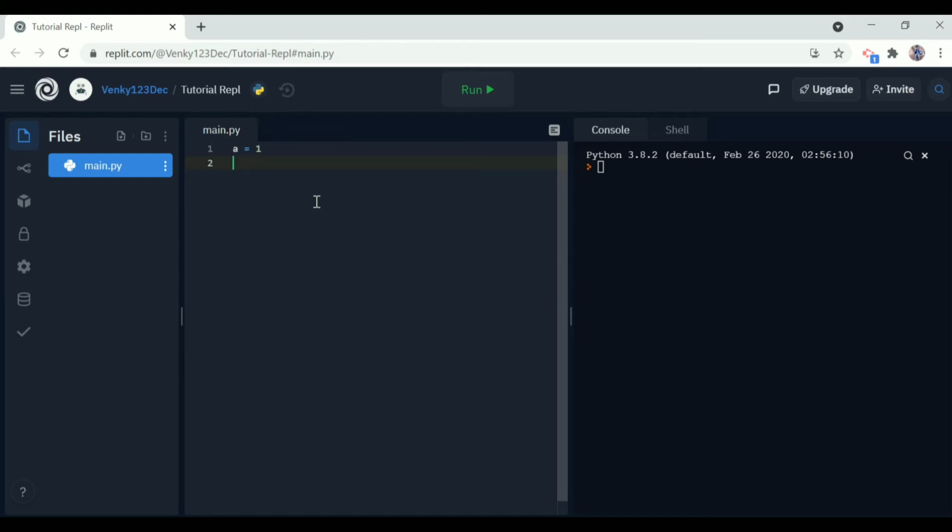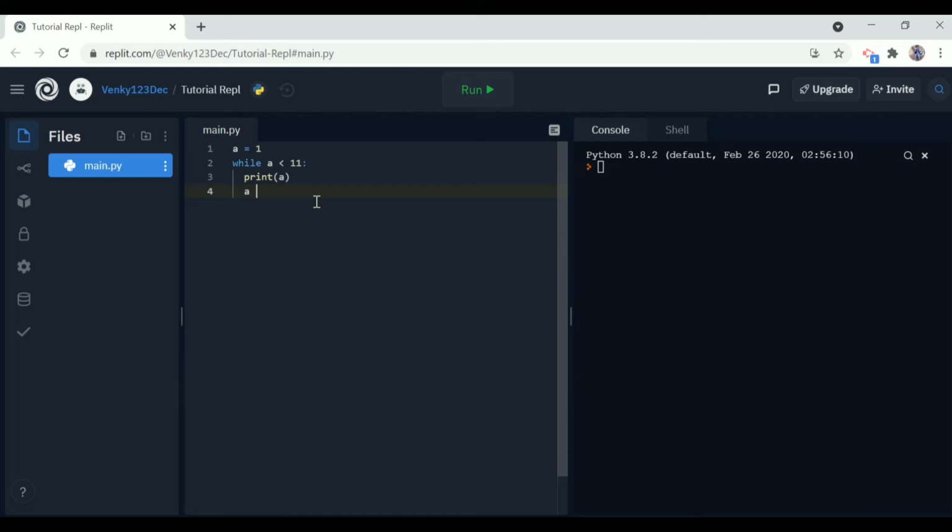So first, let me give while. The while keyword is used to define a while loop, and while a is lesser than 11, because if we keep a lesser than 10, it will not go to 10, because 10 is not lesser than 10 and it will stop. So while a is lesser than 11, we have to keep a colon here, and then if we click enter we will get an automatic indent, and I want to print a.